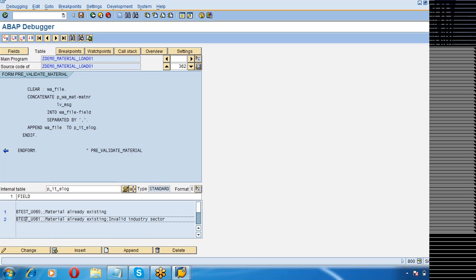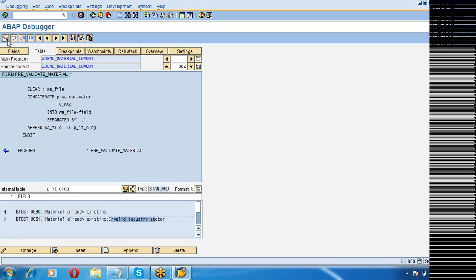You see, for this particular record, material is already existing, semicolon, invalid industry sector. So all the errors are concatenated together. That is the idea. We are clubbing the errors together so that you have a singleton error.